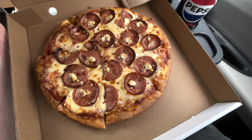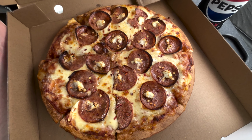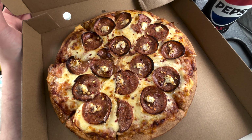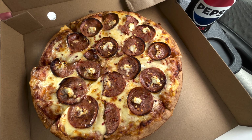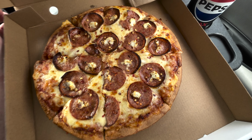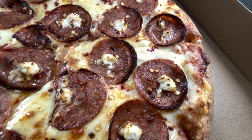Alrighty guys, feast your eyes on this pizza. It is smelling unbelievable. They have gone for about the same, so this is their large. It's roughly the same size as a, I guess, Domino's style pizza. However, it is definitely a lot heavier to hold in the box. So you can see there that they're using what looks like a pretty high quality